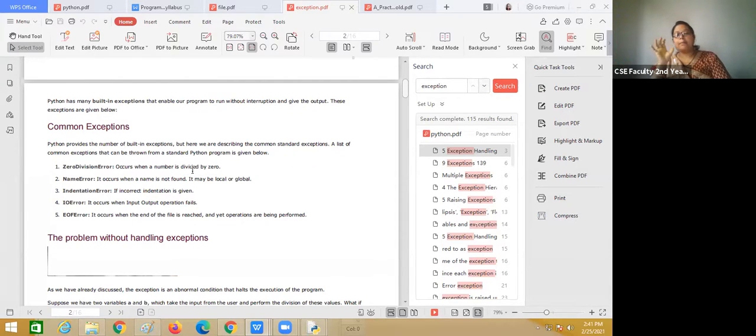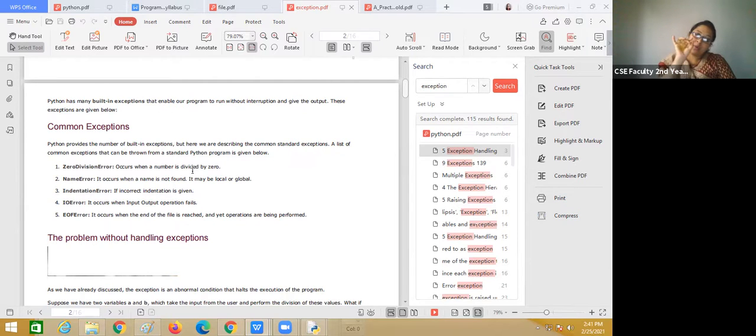Suppose you have created a function for division and you are passing two variables a and b. When your program is compiled, syntactically your program is right, so it will not give you any error. But when you pass these two variables, suppose for a you pass 5 and for b you pass 0, that value goes to the runtime.